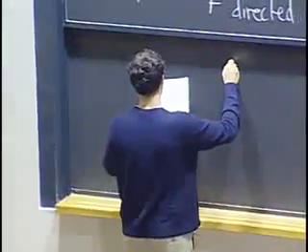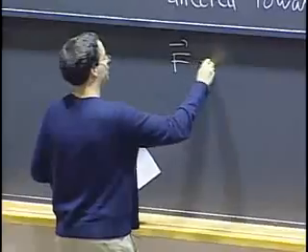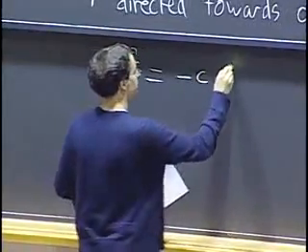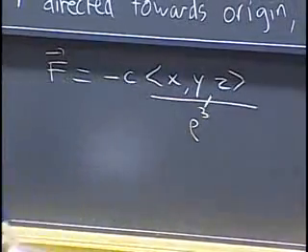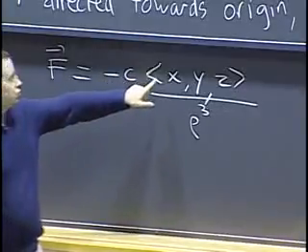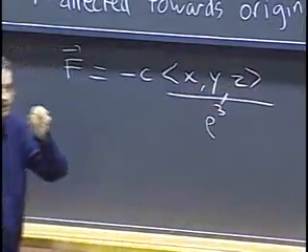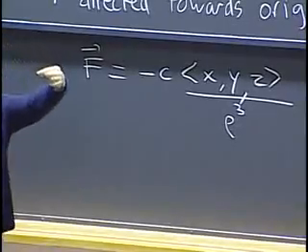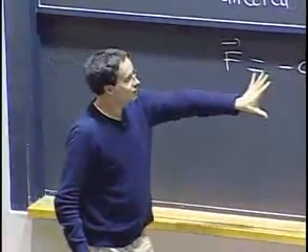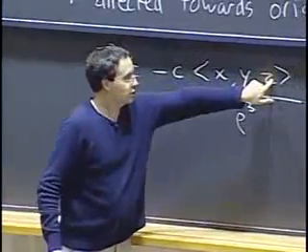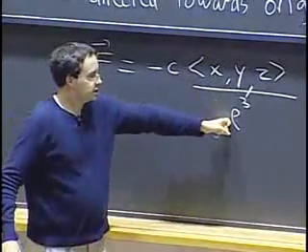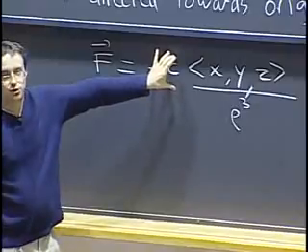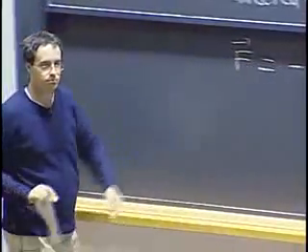a formula might be of the form minus c times the vector x, y, z over rho cubed. The direction of this vector is proportional to negative x, y, z. The vector x, y, z goes from the origin to your point, and the negative goes towards the origin. Then the magnitude of x, y, z is just the distance from the origin, rho. So the magnitude of this thing is 1 over rho squared times some constant factor. That would be an example of a vector field that comes up in physics.